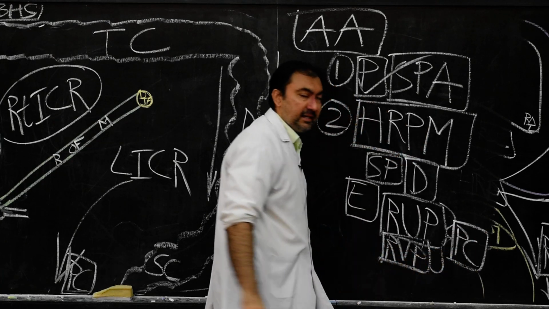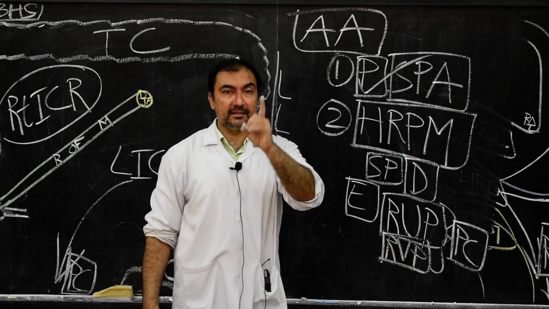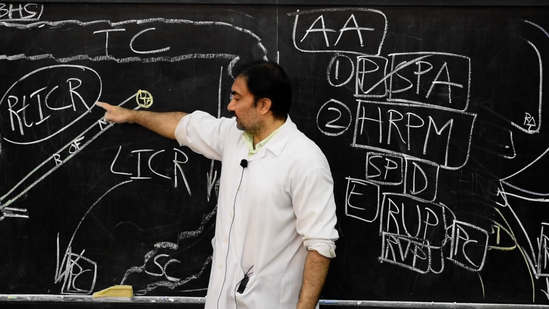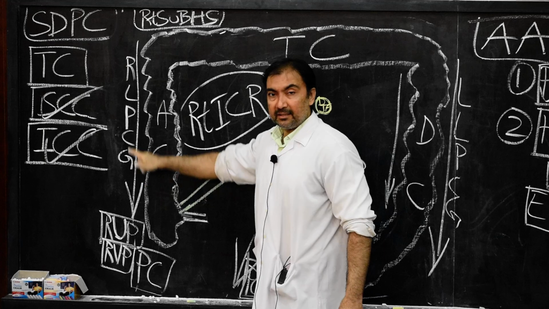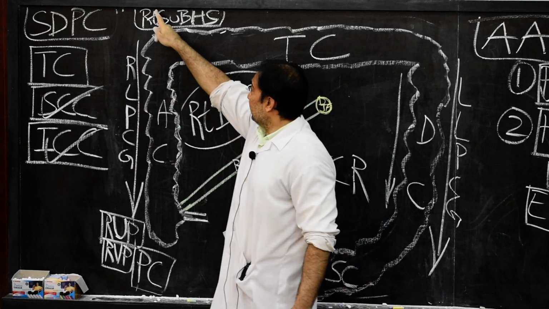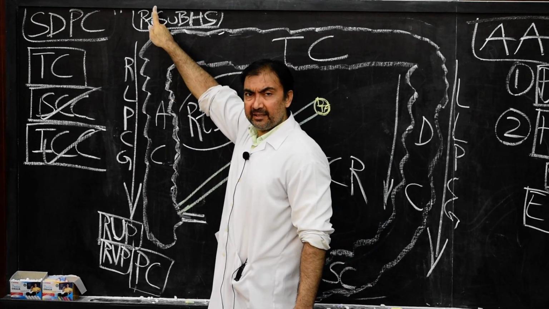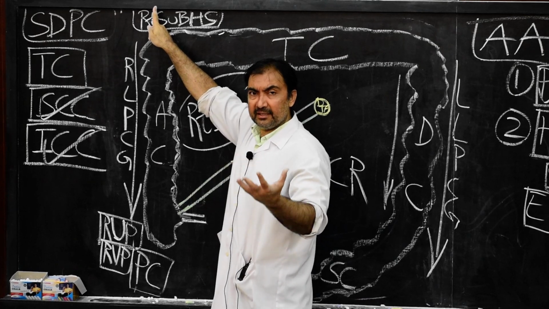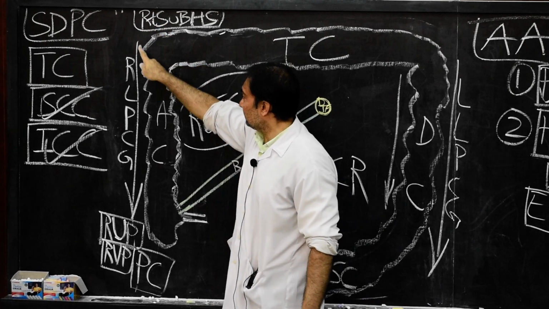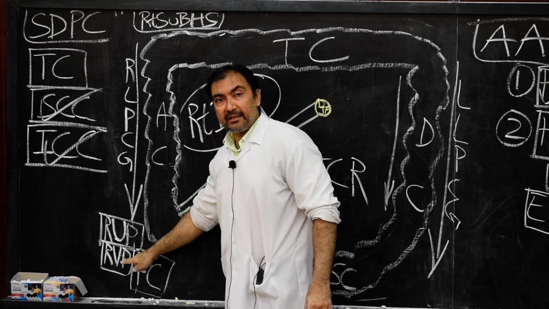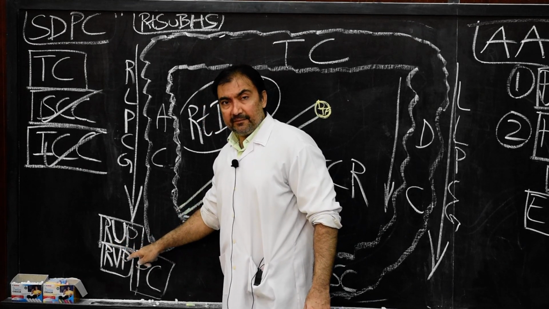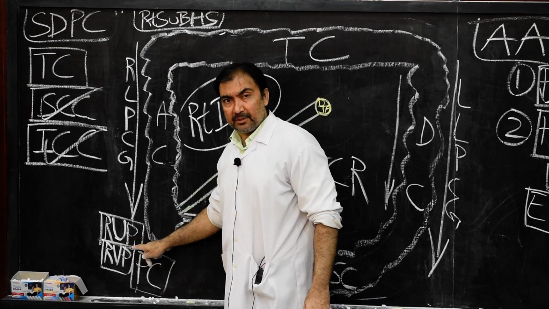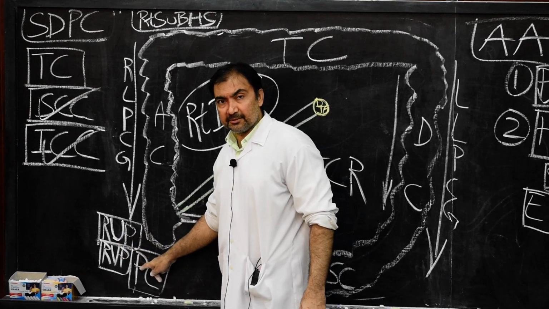And how does it spread? It will spread through the right paracolic gutter, which I have explained over there. From the right subhepatic space, any inflammatory exudate, any infectious material or any kind of fluid will pass into the pelvic cavity, into the right side pelvic cavity, which has the recto-uterine pouch in females and the rectovesical pouch in males.